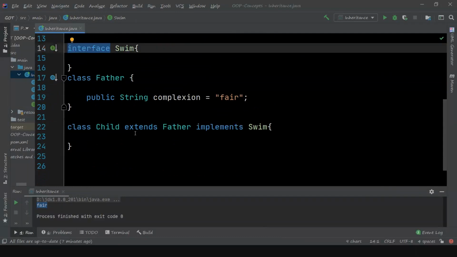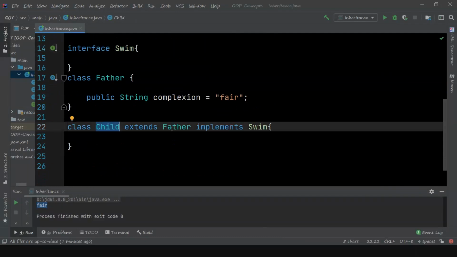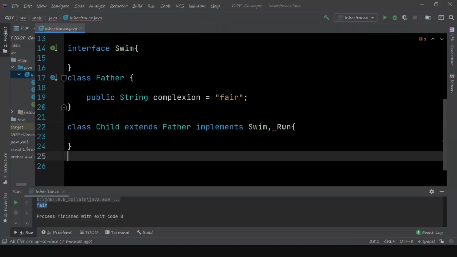So child has all the properties and behaviors declared in the father class, and it also implements the interface swim. The implements keyword helps developers achieve multiple inheritance. Extends can be followed by only one class, but implements can be followed by several interfaces, like swim, comma, run, etc. Of course, these have to be declared.